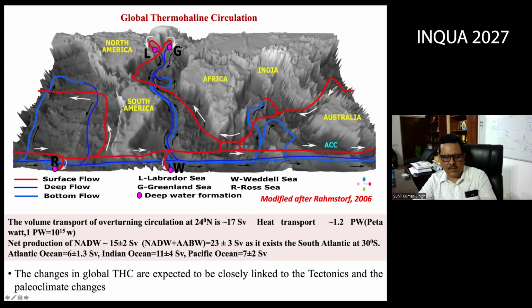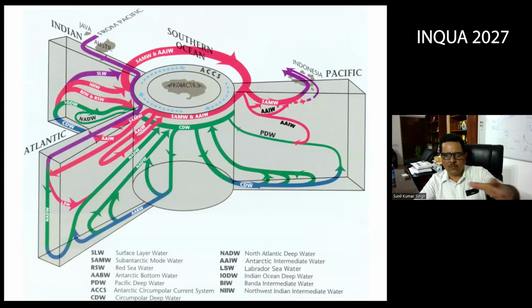Now, there are different numbers for how much is getting formed. If you see the North Atlantic deep water which is forming in the North Atlantic and the Antarctic bottom water together, they are transferring about 23 billion liters of water per second, and of course they are significantly impacting the heat and all those things. So now, this is the whole circulation pattern. You see the different arms of the Indian Ocean, Atlantic, and Pacific. I'm not going to talk more about that. I wanted to show that because you see here,